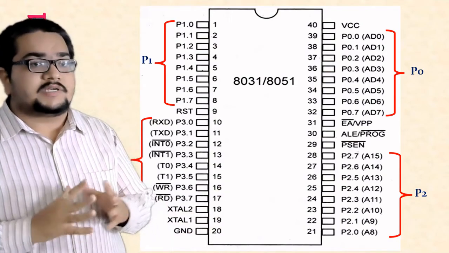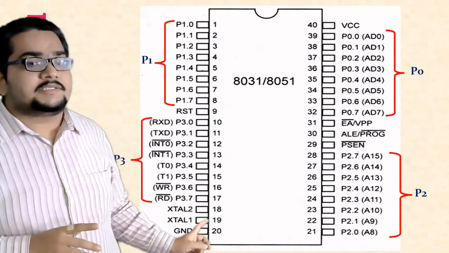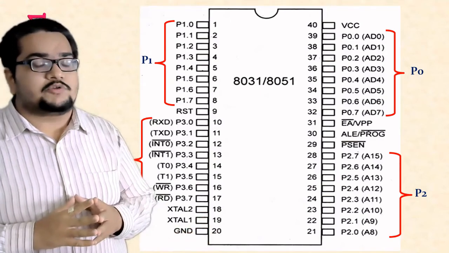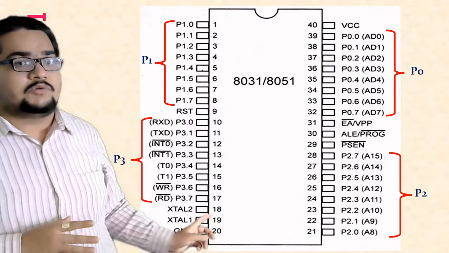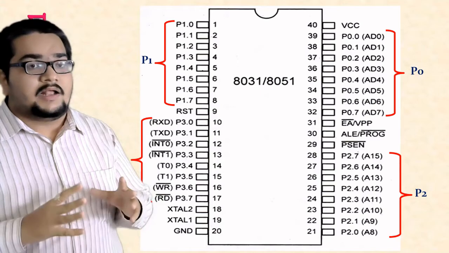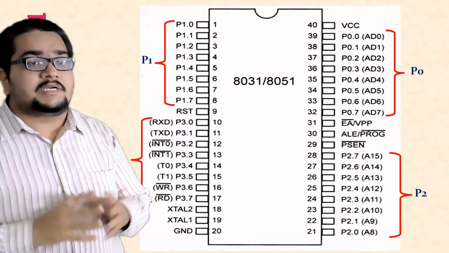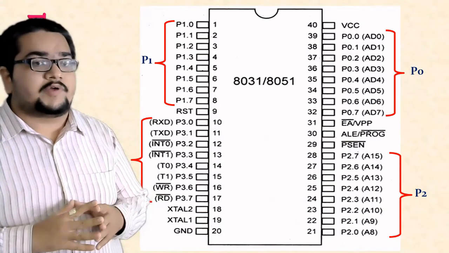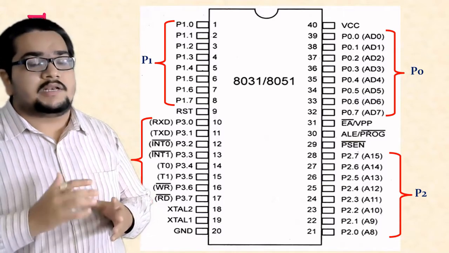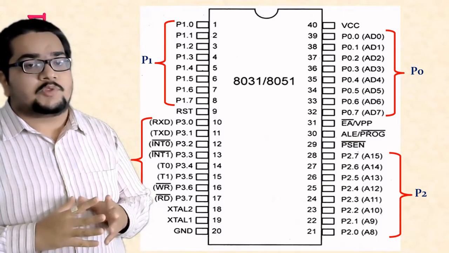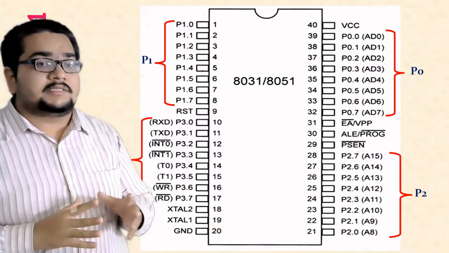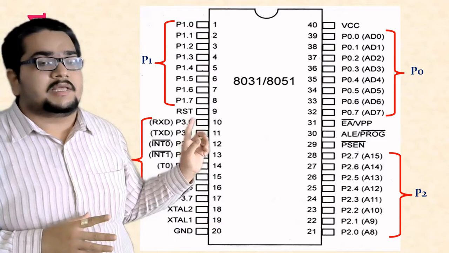Out of those 6 lines, 2 lines are the oscillator connection lines. This is a very important connection you have to understand today. We'll check how the oscillator is connected in the 8051, and in what way we can use the internal clocking circuit of 8051. And if you wish not to use the internal clocking circuit, if you want to connect a complete oscillator set from the outside, how it can be connected, that also we shall see. And other than that, we have one reset pin available here.